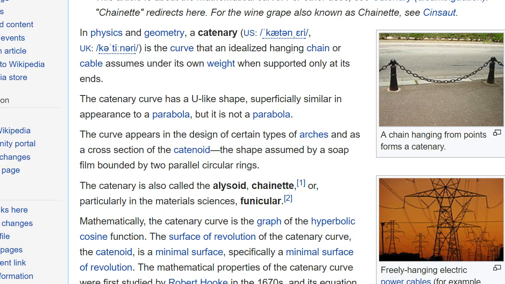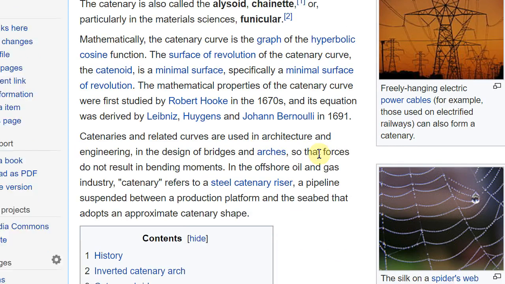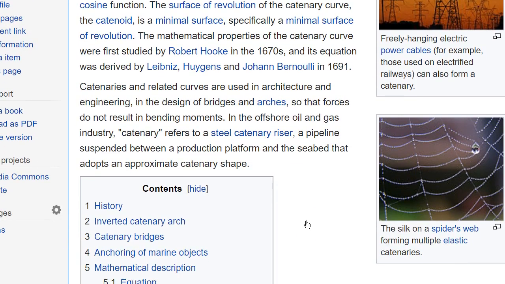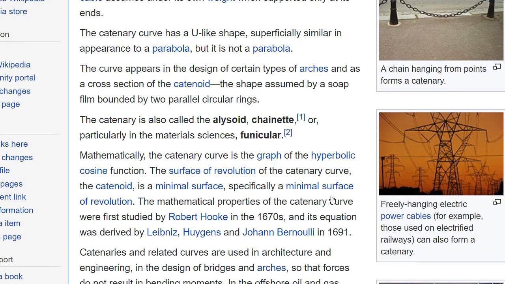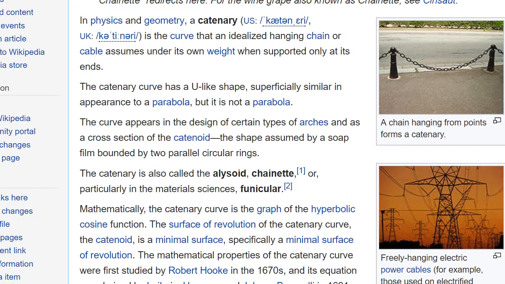And you're probably thinking, wait, that looks like a parabola there, doesn't it? It does look like a parabola when you have hanging cables like these. Oh, here's a pretty one. Those are actually a lot of hyperbolic cosine sorts of equations. And if you're thinking that these, like hanging cables like this, form a